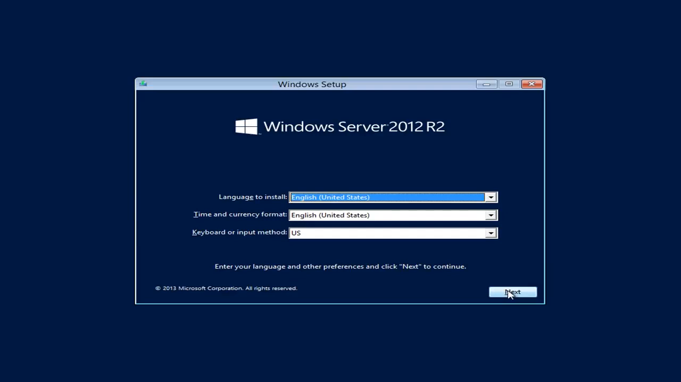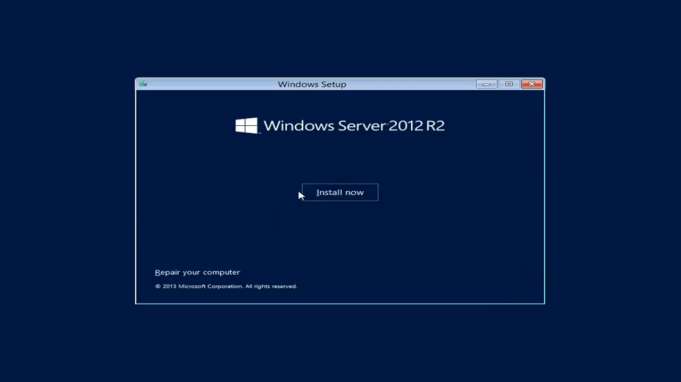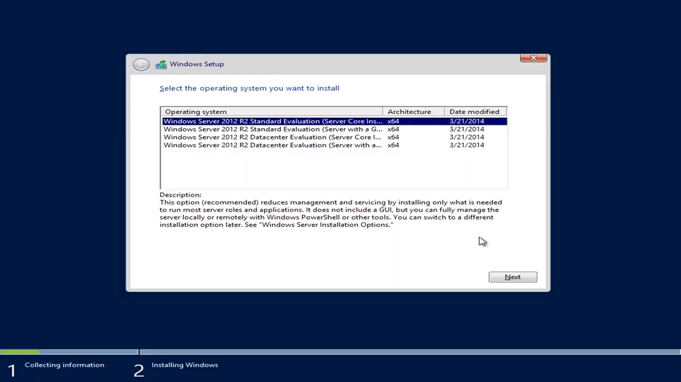The second option will ask you if you want to repair the computer or if you want to install now. I'm going to click install now. And now the setup is going to load the needed drivers that will detect my hardware. In the first window you will be able to choose from different Windows